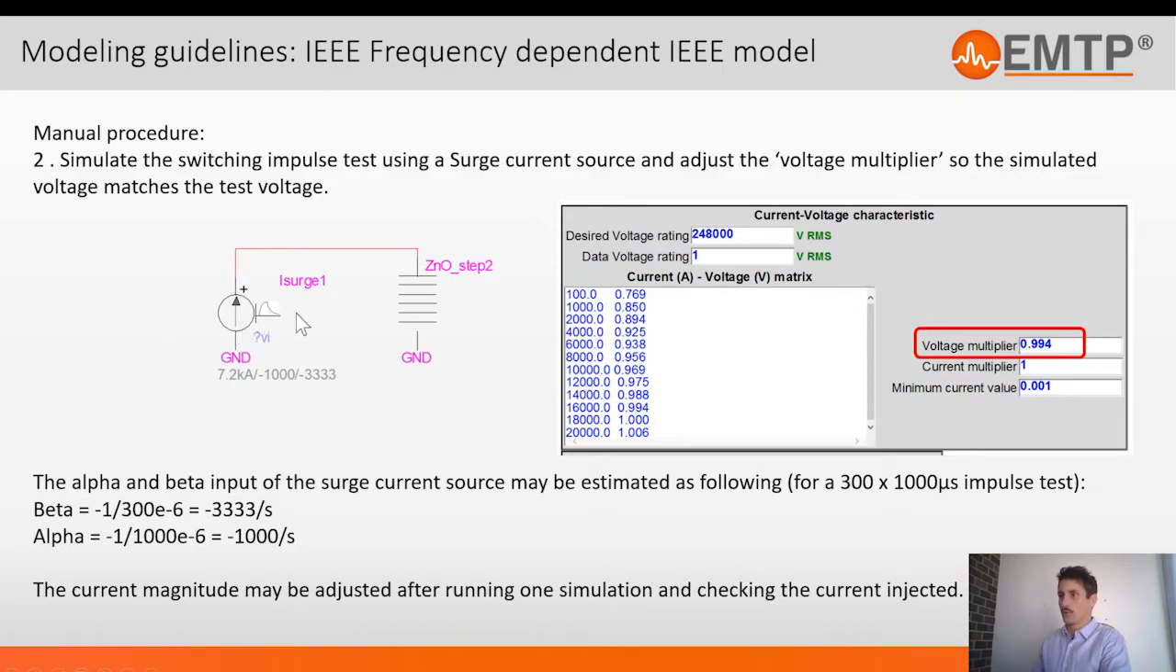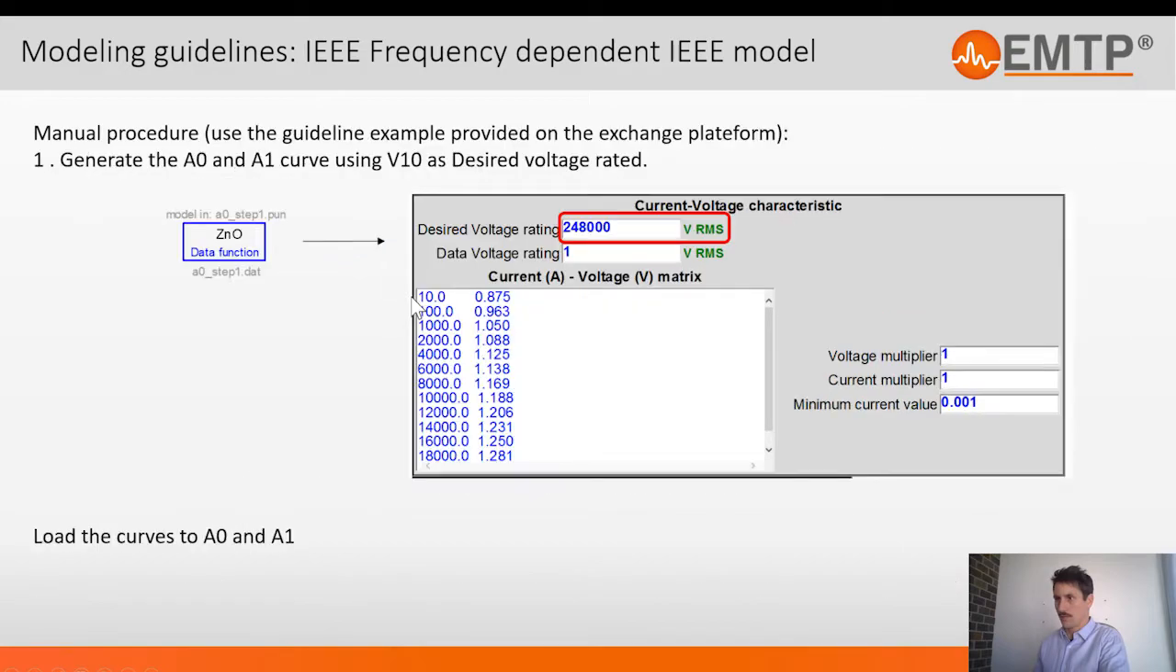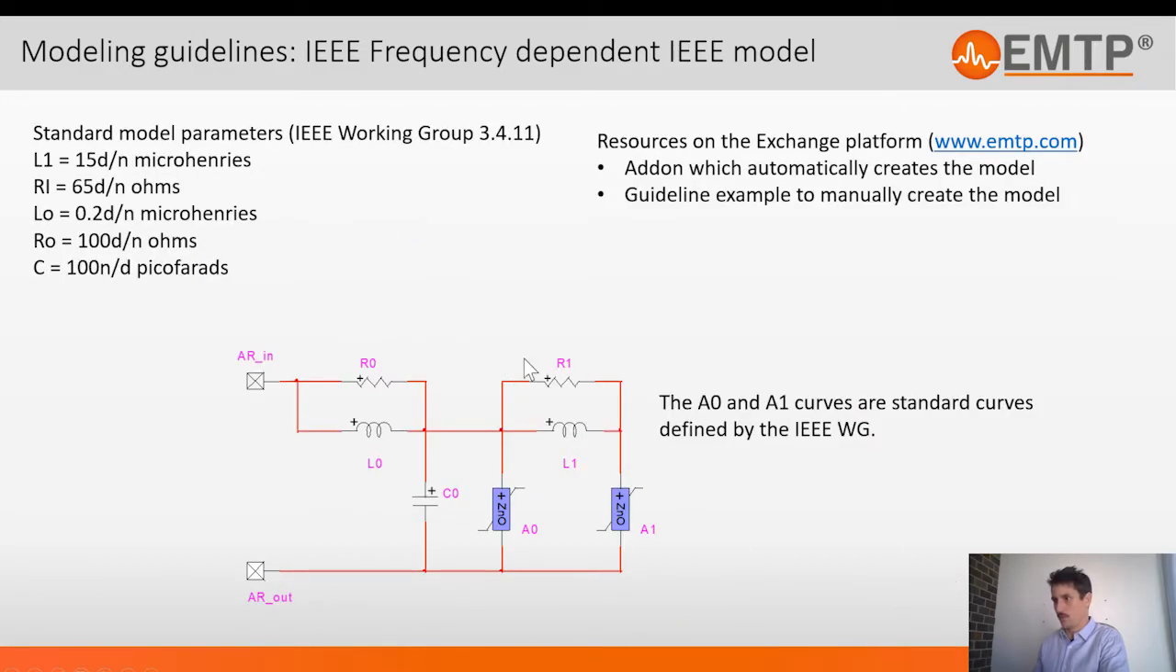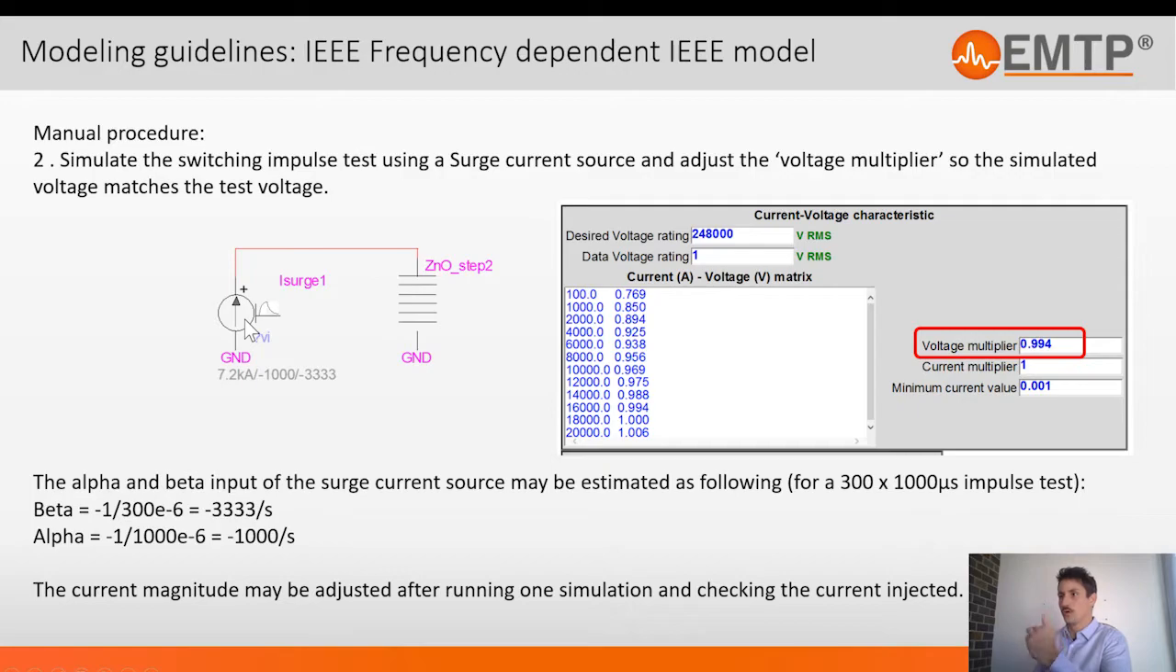So you are going to bring your surge arrestor model assembled like here with the correct A0 and A1 and the correct parameter as specified here. And you're going to connect it with a switching surge current source from the source library in EMTP. From this source, you have to enter the peak current, not the peak current actually. This is a double exponential source, so you have to enter the magnitude current of the double exponential and two